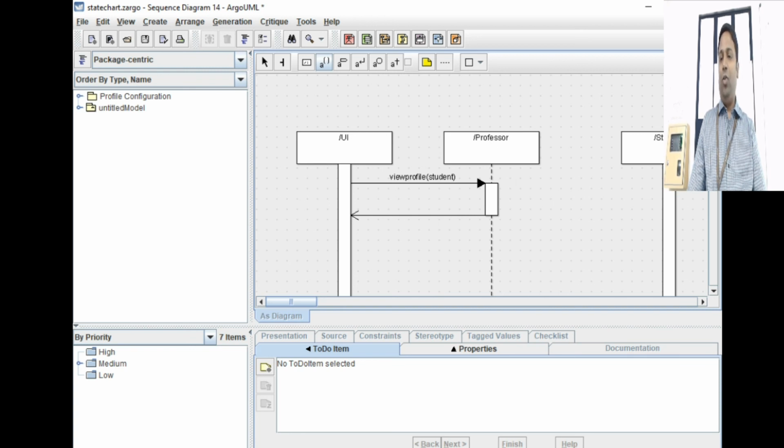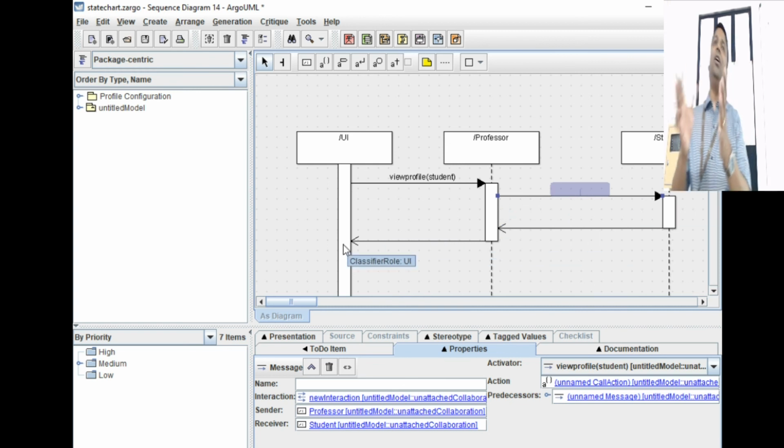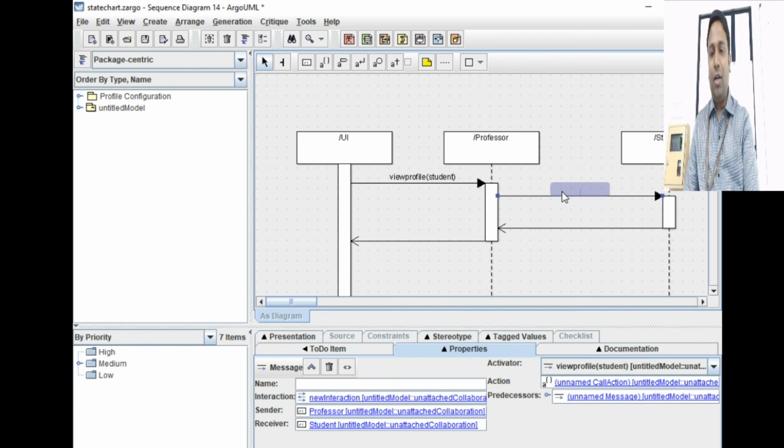And from the professor you want to call some method. Say this method calls some method. How will I do that? This goes to a synchronous call. Just drag and drop, finish. So you see, it automatically models that. Only after this returns a message back. So that's a time perspective also here. So you can go and give some method name here to say get info.